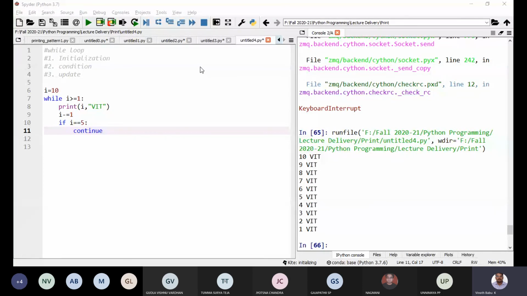You can loop through a list, tuple, or string. We also discussed the range function, then what break and continue are. If you are not sure how many times you have to iterate, you can go for while loops. In while loops we again discussed the break and continue statements.